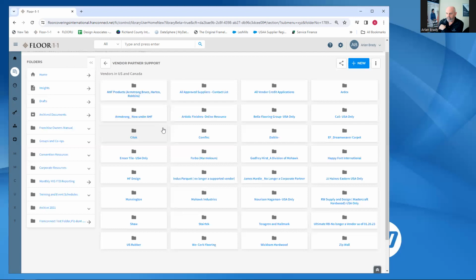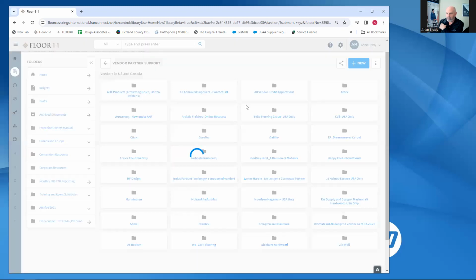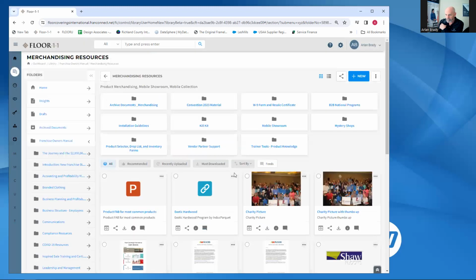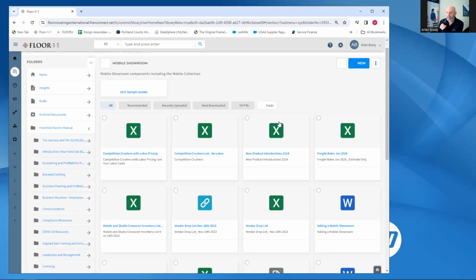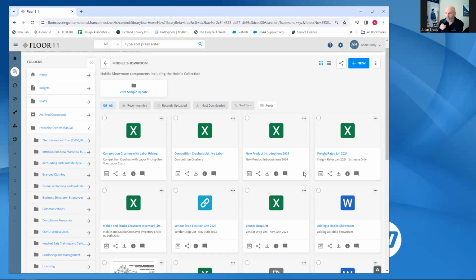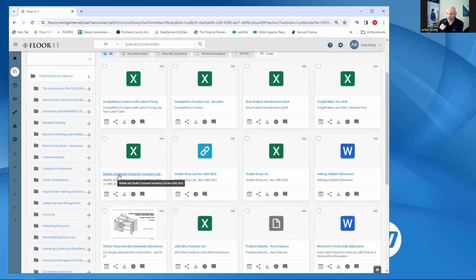Another place under this merchandising tab that I find very helpful, let's go back to merchandising, is the mobile showroom folder. If I click on the mobile showroom folder, one of the things you'll notice here is the mobile and studio crossover inventory list. So if I just take a quick peek at this